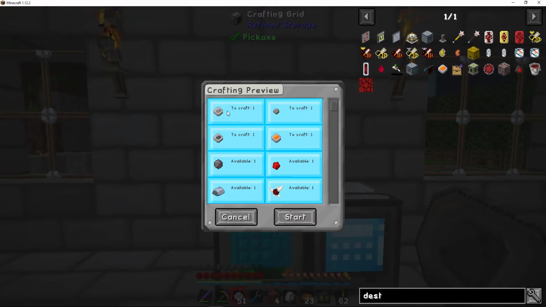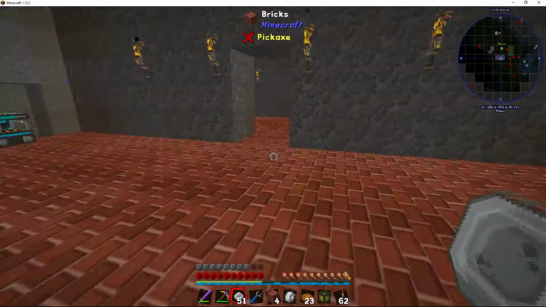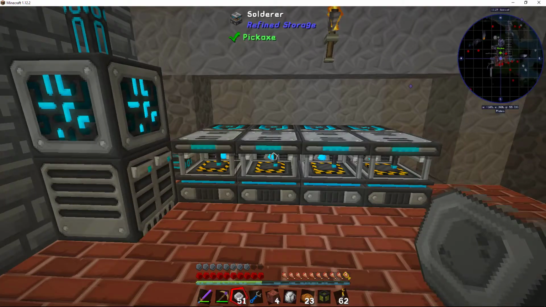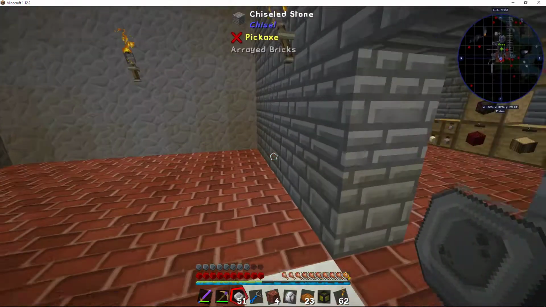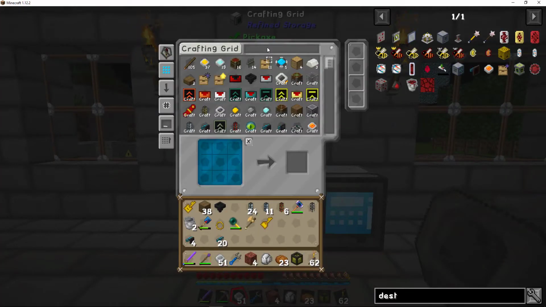It needs to craft one of these, craft one of those, craft one of these to craft one of those. So it needs available silicone, redstone, a nether quartz, and a piece of iron. So we click on start. And I'll pop downstairs real quick. And it's already been made. Ah, that's right, I forgot I had the speed upgrades in there. So I should be able to see